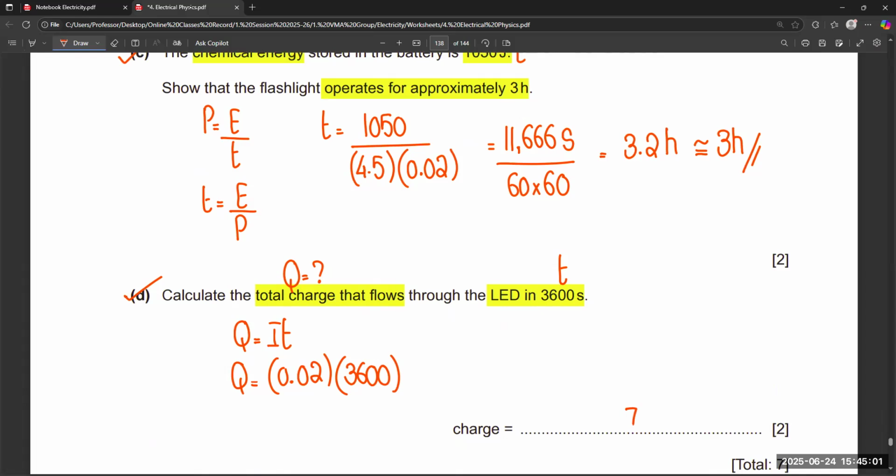72 coulombs, right? So this is another question and a different form of question as compared to the previous one. In the same way, if we consider one more,